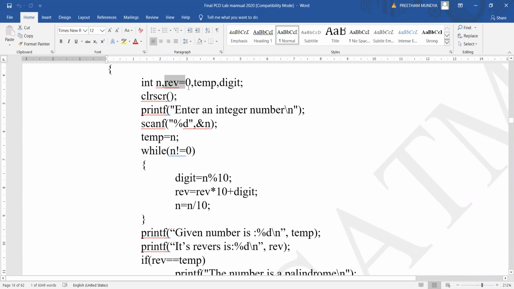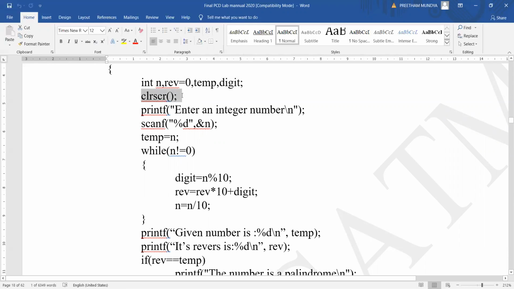The variable rev is initialized to 0, and this variable is used to hold the reversed value at the end. I have used a temporary variable called temp, and the variable digit is used to hold the extracted digits of the number.